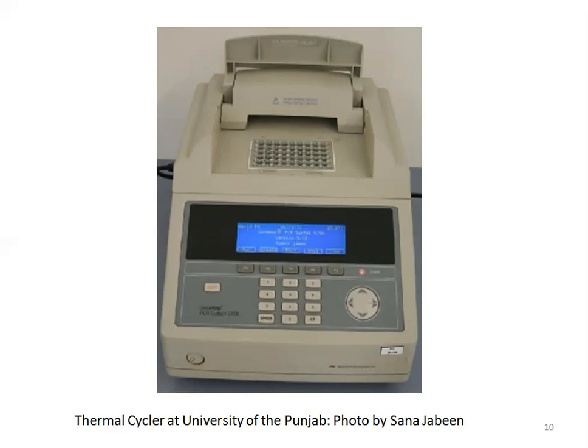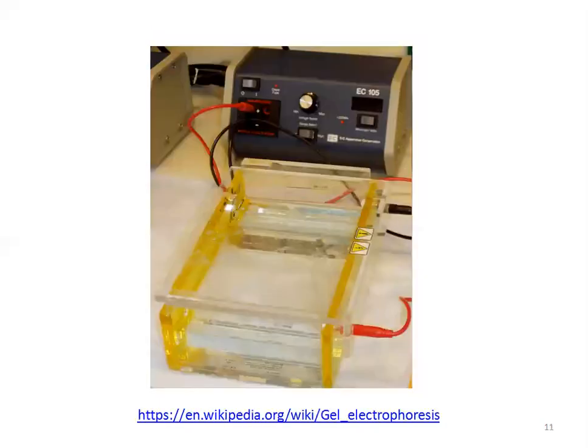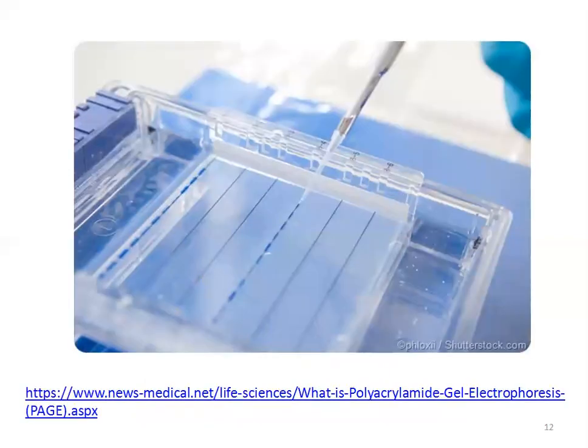So this thermal cycler provides different temperatures for different procedures which take place inside a tube for the amplification of the template DNA by the addition of primers. After PCR amplification, you will again perform the horizontal gel electrophoresis, and this is how you can again load the sample in these wells, and this sample is the amplified DNA, not the DNA digested by the use of endonucleases.